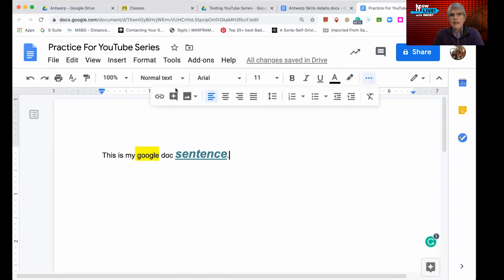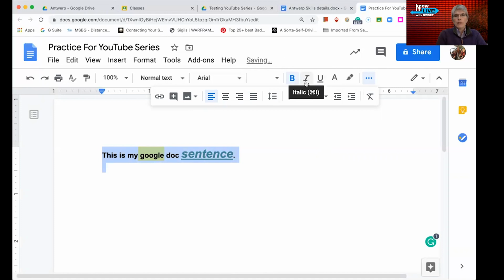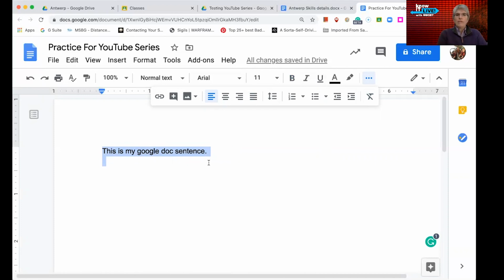So you can do a lot of other things with alignment, bullets, numerals, indents. And then a lot of times I'll use the clear formatting for all the text, especially if I'm copy and pasting something within this document and I want everything to be uniform. But I also can Command A, which is select all, and then I could make everything bold, everything italic. I could make everything clear of any formatting that I've done. Okay, now,